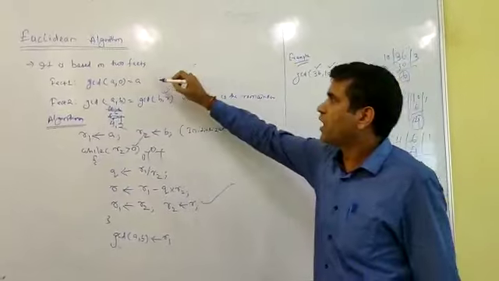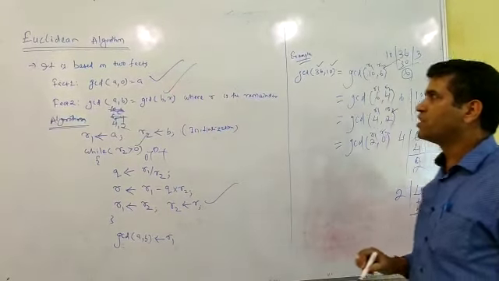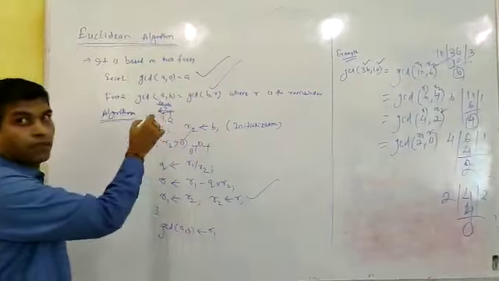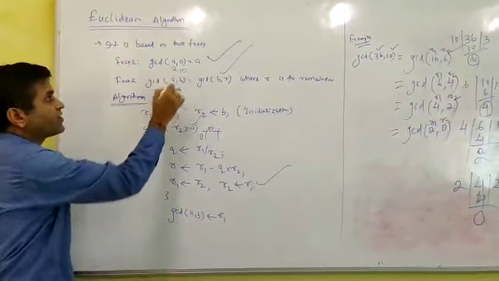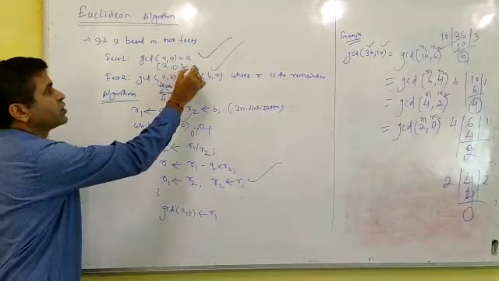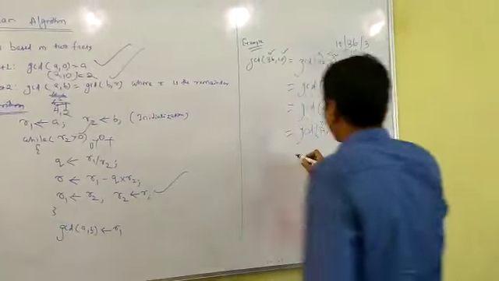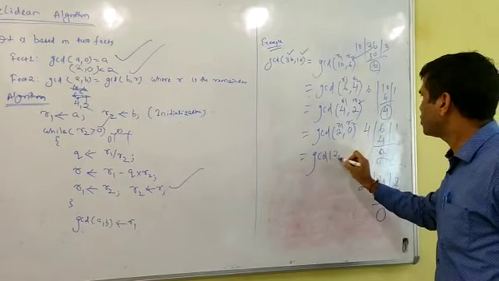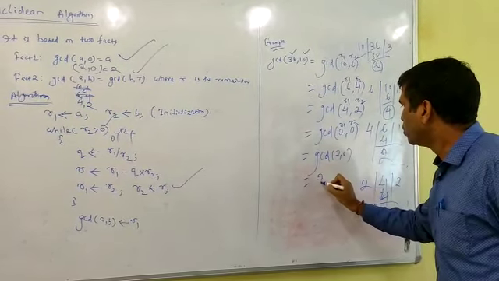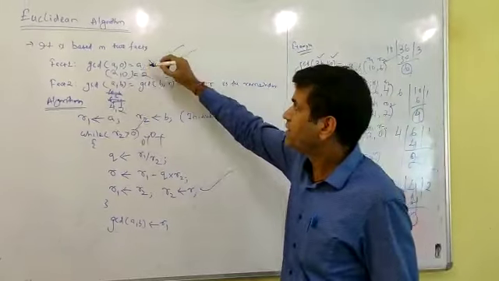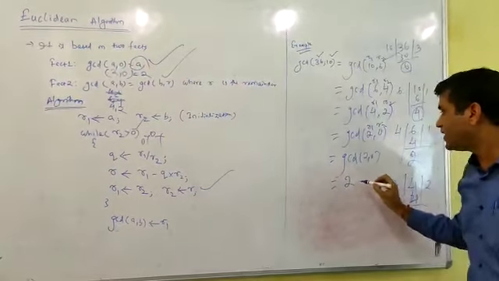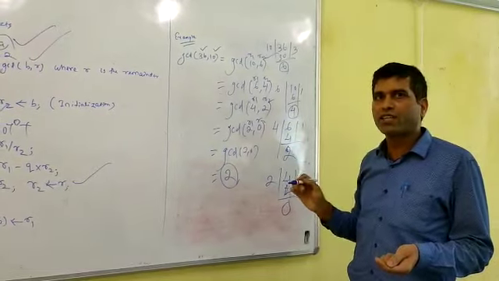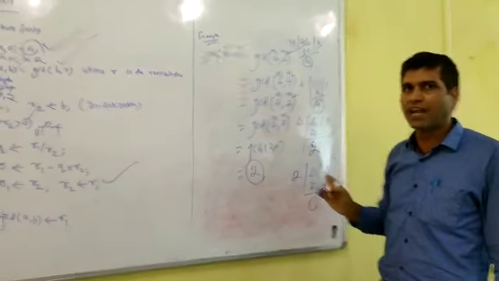That's why we can go for fact 1. GCD of A, 0. That means here we can write 2, 0 equals how much? 2. So in this way we can find out the answer: GCD of 2, 0 equals 2. This satisfies this condition A. Now the value of A is 2. That is known as greatest common divisor using the Euclidean algorithm.